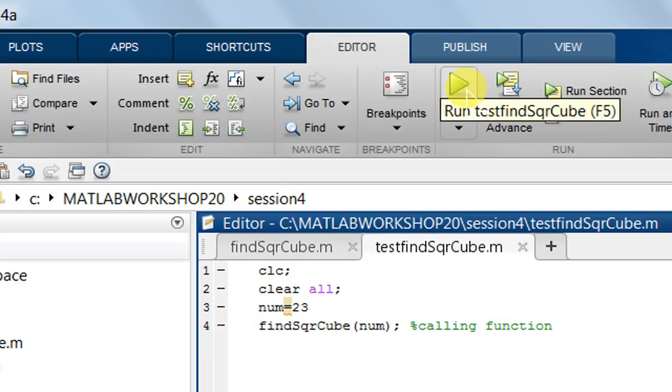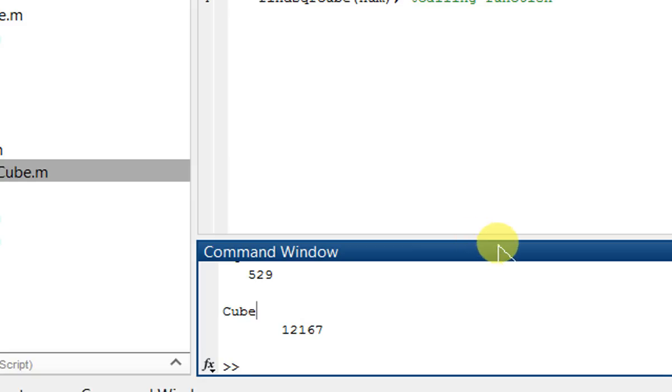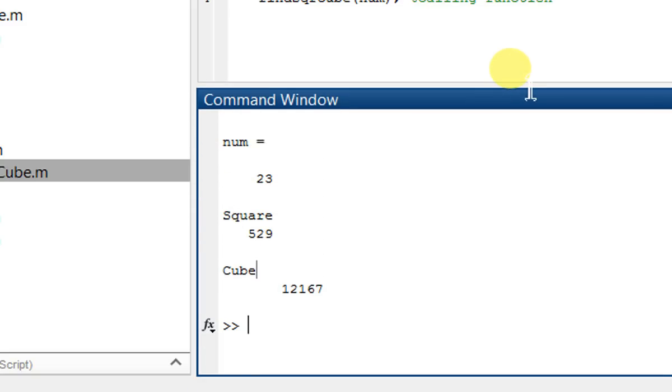So in the editor, hit run, and in the command window we get the output of this test. We enter the variable num equal to 23, and automatically it calculates the square and cube of the particular number.